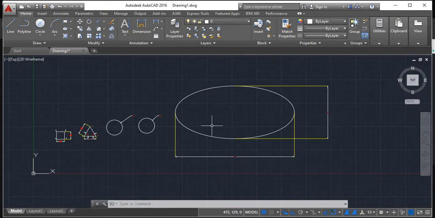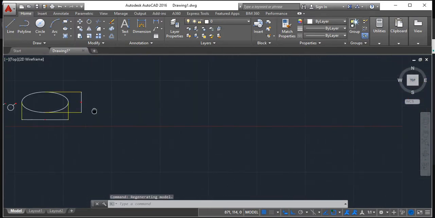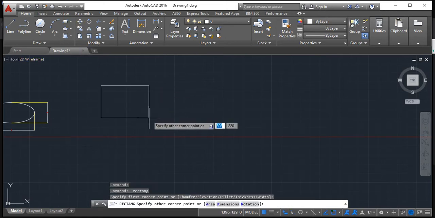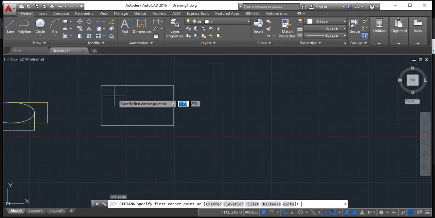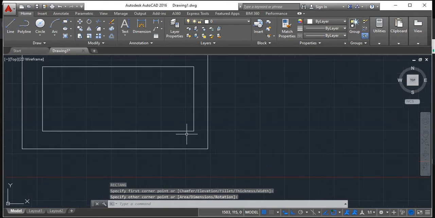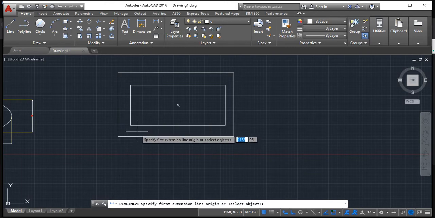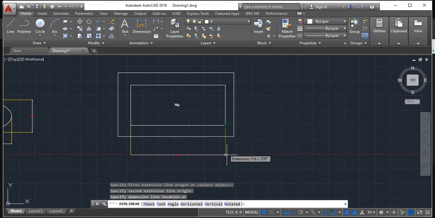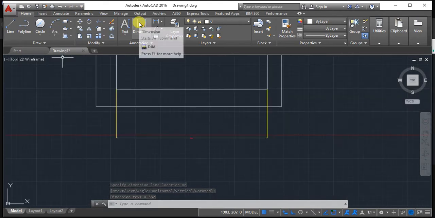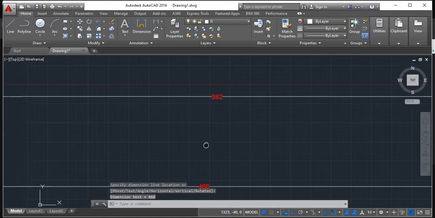Let me help you understand what the smaller dimension and the larger dimension are. This is one rectangle and you have one more rectangle interior. How to make the dimension for this especially? When you have figures like this, the dimensioning method should be this way. In this case all are linear, so I'll go for this. So the interior dimension is the smallest dimension, right? And the largest dimension should be exterior because there won't be any overlap. This is how the dimensioning should be.